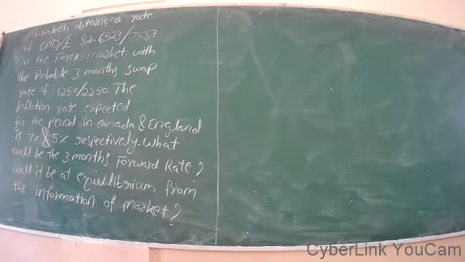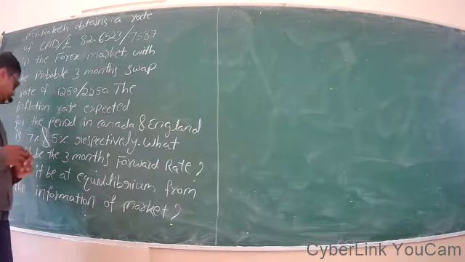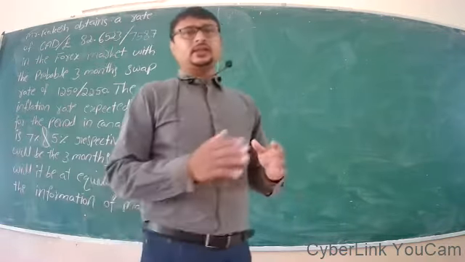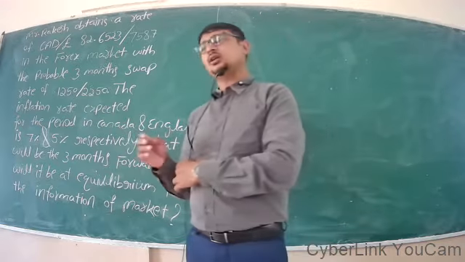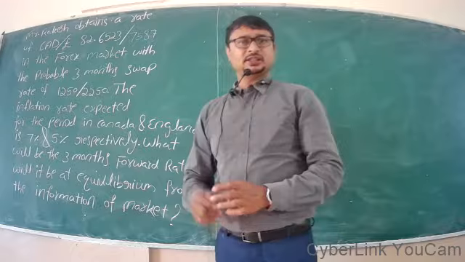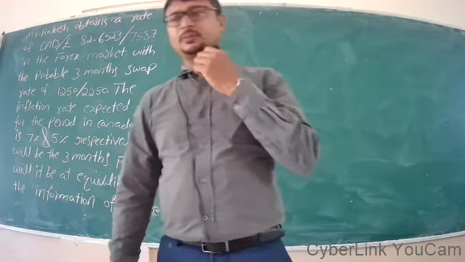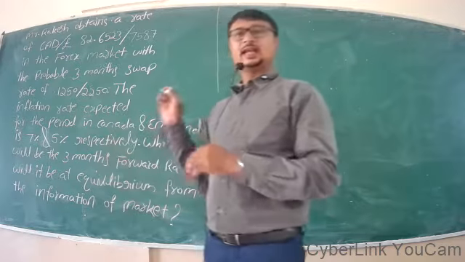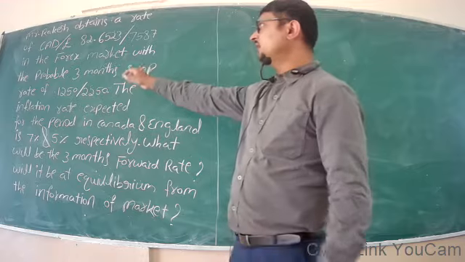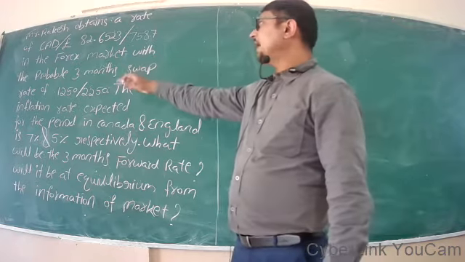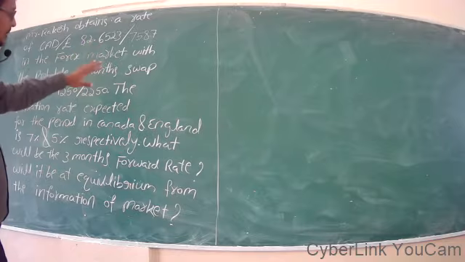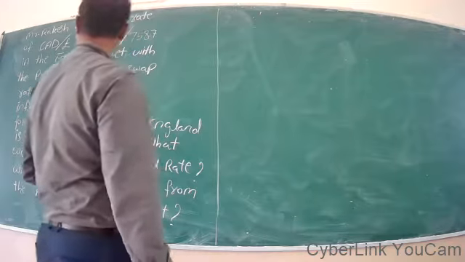The second part of the question is, will it be equilibrium from the information of the market? So that means we need to calculate the forward rate along with the adjusted inflation rate, that is P1 and P2, the new exchange rate we have to calculate. Then we need to compare our calculation with the actual bank forward rate, what the bank is offering for 3 months swap. Let us solve this problem. Similar kind of question is repeatedly asked in your SEM exam also.